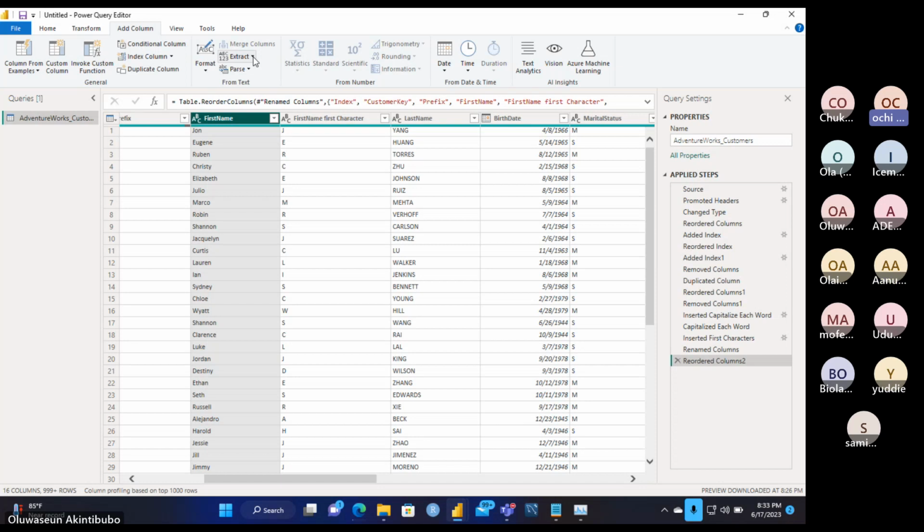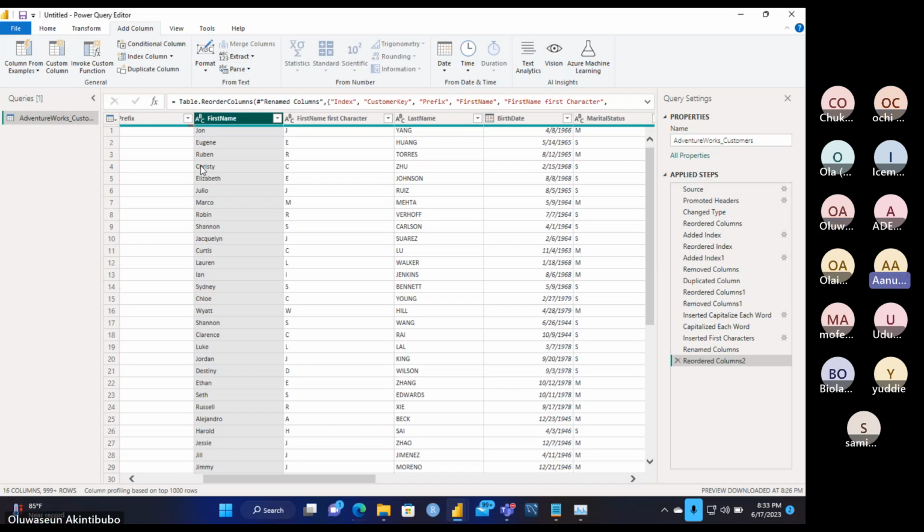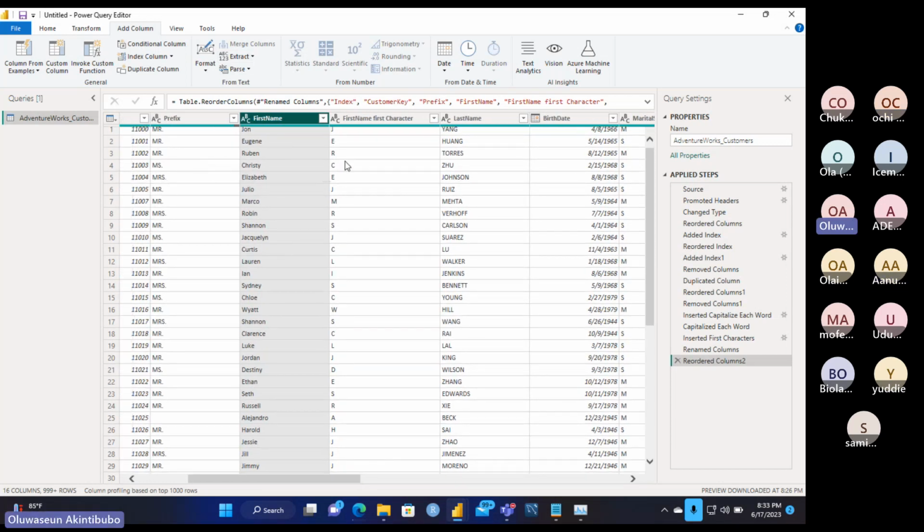Okay, so you say we should drag it near to this thing. Yes, so you arrange it so that they can be by each other's side. The last name also, you do the same. Okay, how do I do this? Should I drag it to that place? Yes. You drag. Click on the column name, hold it and drag it. Okay. I'm done, sir. Okay. You are doing well.